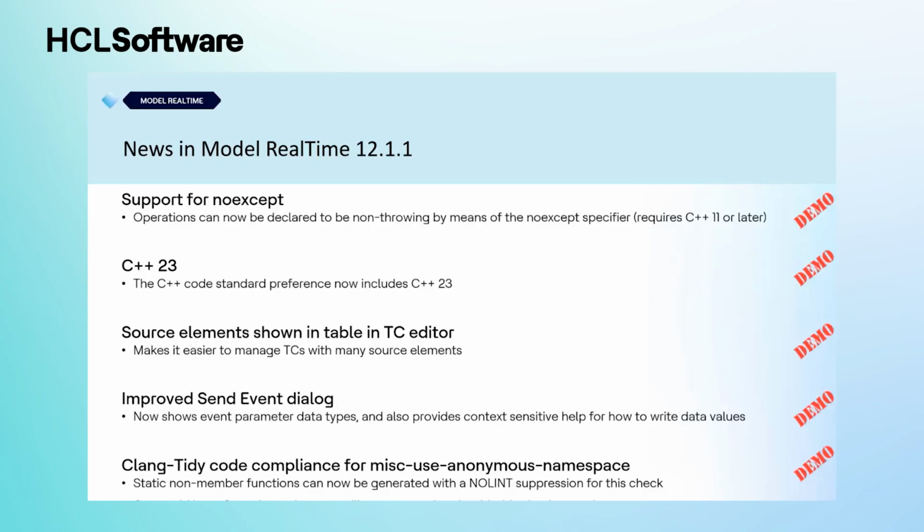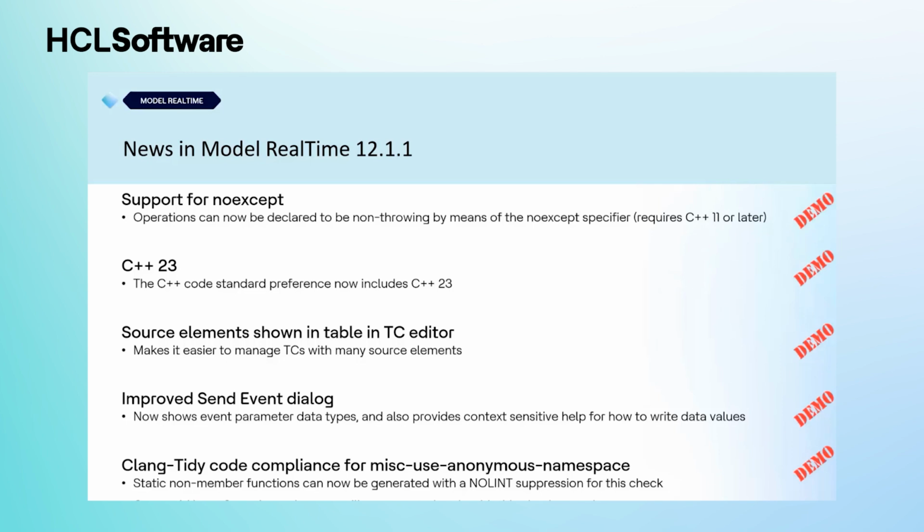So starting with Model RealTime, here is an overview of what we have done in this sprint. We have worked on supporting noexcept. This means that you now can declare operations as being non-throwing by means of the noexcept specifier that is available in C++11 and later. We also added support for C++23 in the code standard preference, and we have improved the